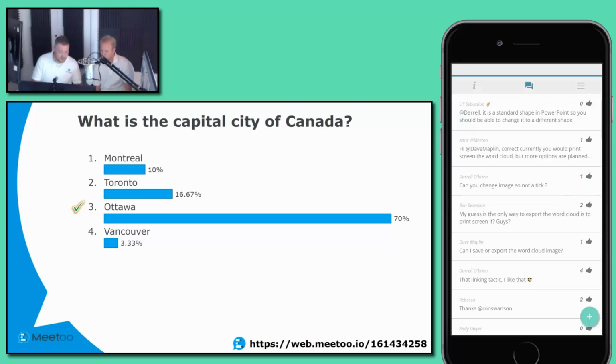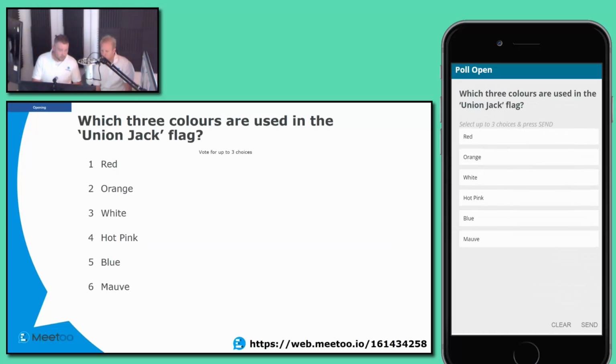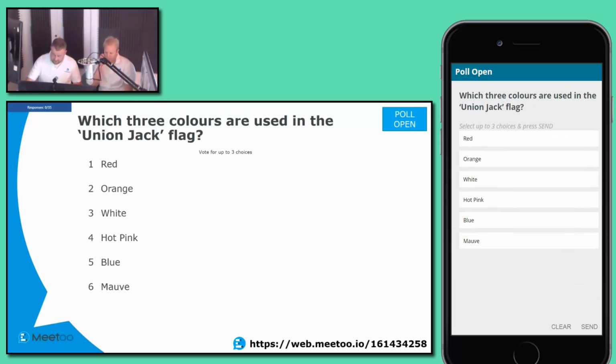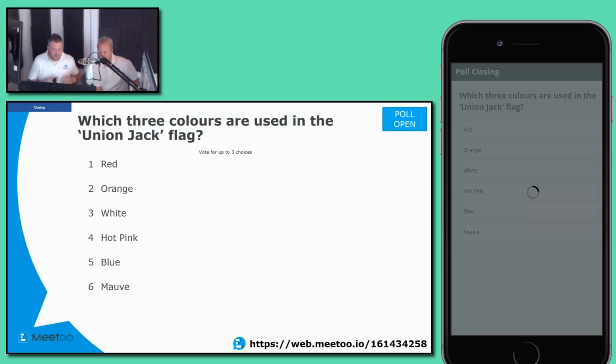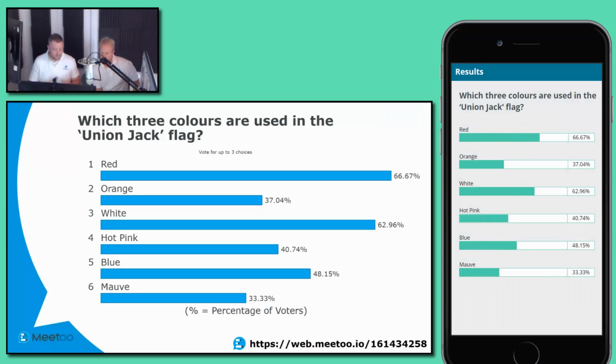And we'll just run through that second question again to recap. So open your poll. We just get everybody to really quickly vote. Bear in mind you need to press send. Don't forget to press send. Okay, I'm going to close the poll. And again, that tick animation is waiting for me to talk and deliberate over the results. And when you're ready, you run that animation and up pop the ticks.